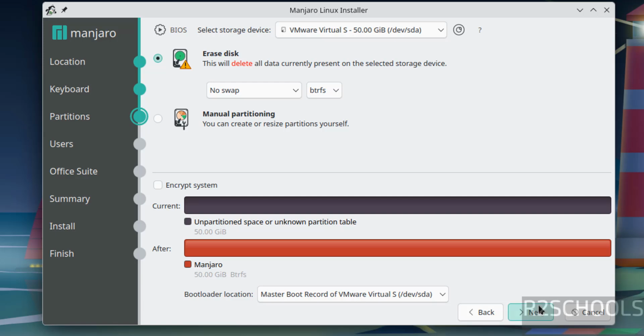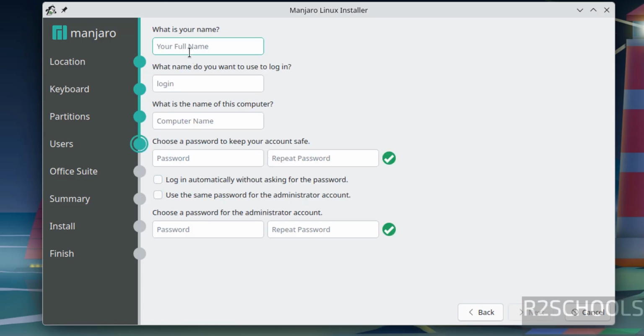Then click on next. Now we have to set up the user. I am giving the user's full name, and this is the username. Then this is the computer name, host name. Later also you can change it. I am giving the computer name as